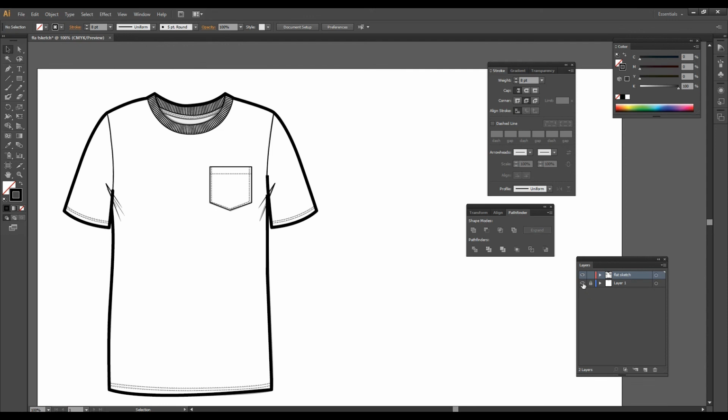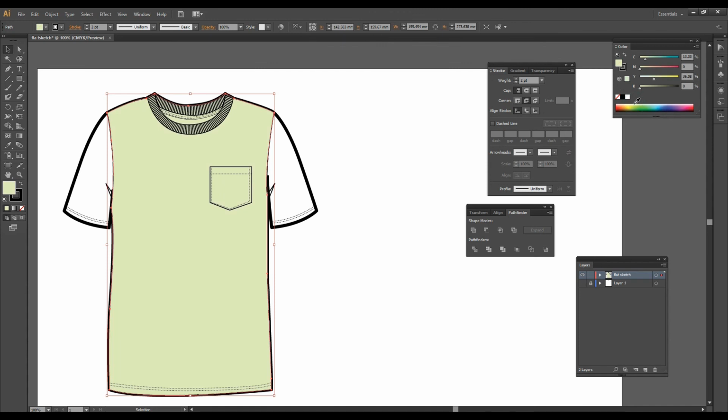Go to the layer panel and just disable the visibility so that our internet image is invisible now. And we work on each and every part to color it. Just select any panels of the t-shirt and make sure that fill color is on the top, and we can fill any of the color from the color panel here. And also we'll select the sleeve and make a different color in the sleeve. So it's very easy to change any colors and take any colors.